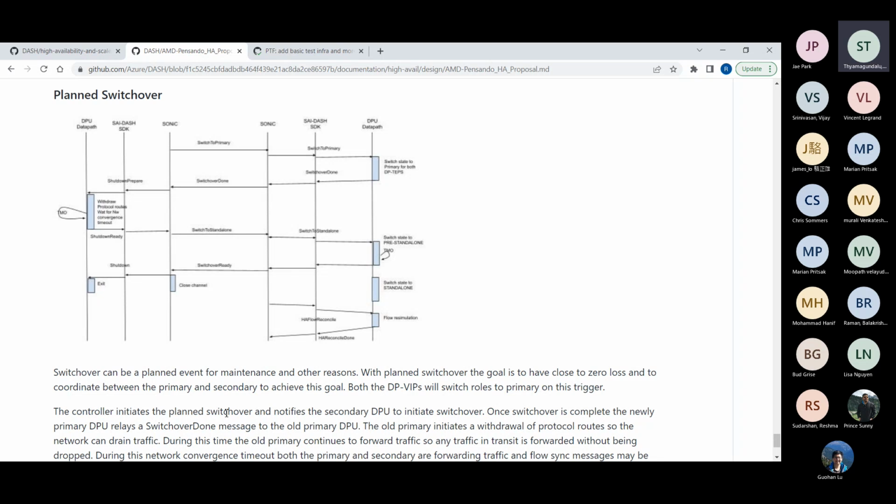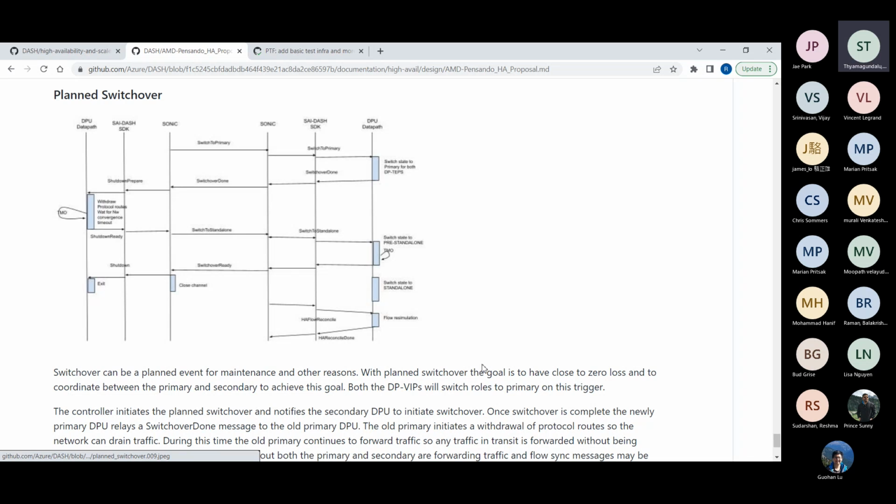If the network were to redirect any traffic while in the transient phase of route convergence, and it lands on the active, the active would still forward the traffic, right? So hence there is no drop in any traffic throughout the whole sequence.